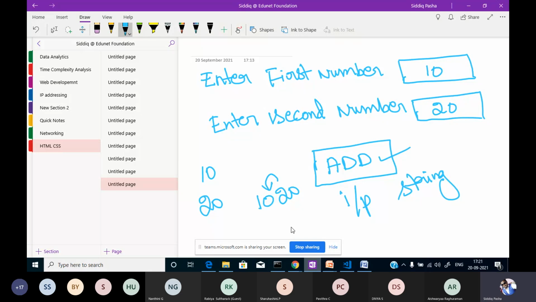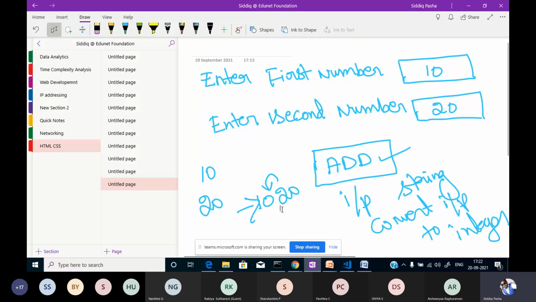So we need to convert the input to an integer or a number, then the output will be satisfactory.